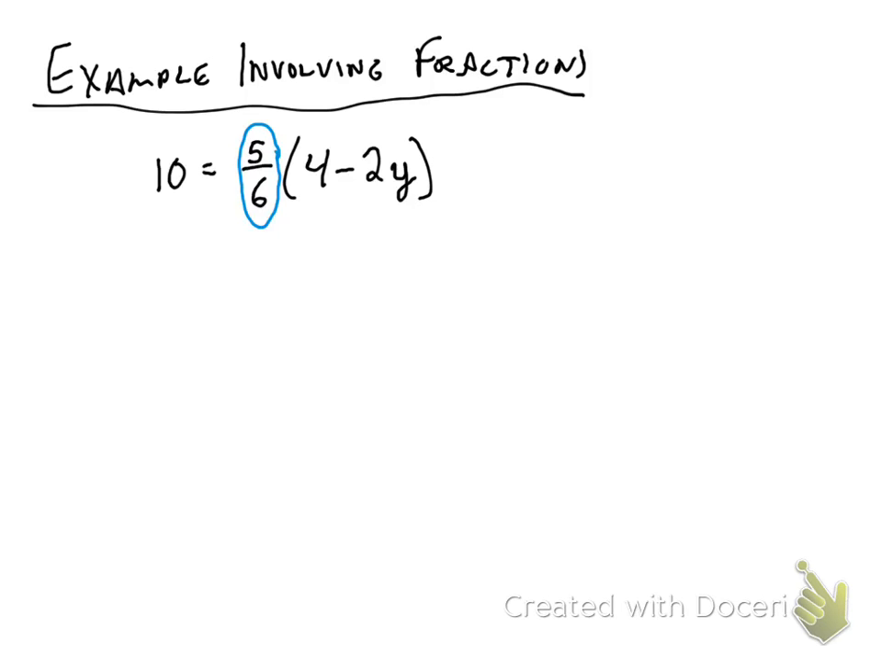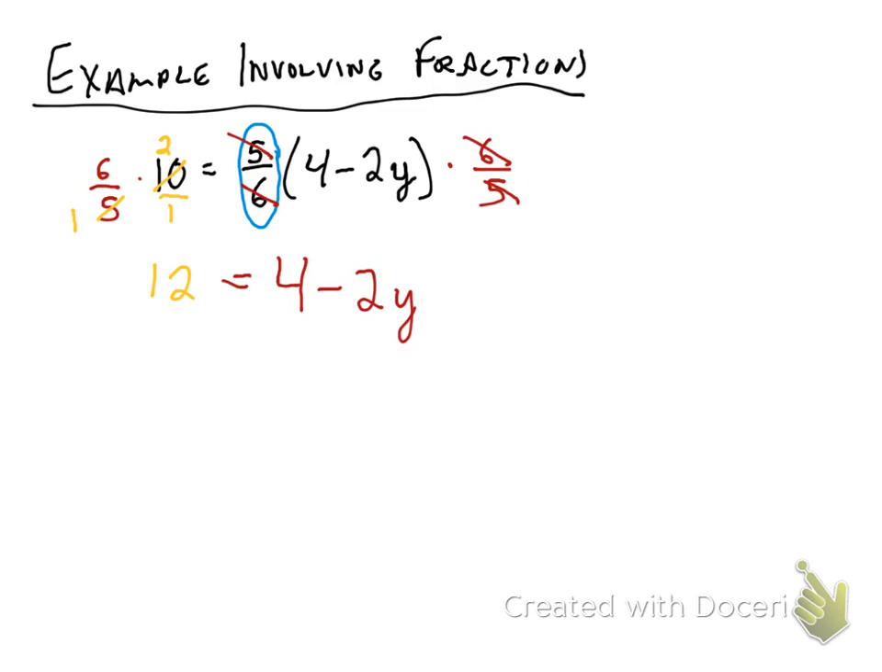In order to get rid of that number, I need to divide both sides by 5/6. But to divide fractions, we multiply both sides by the reciprocal. When I do that, you'll notice on the left-hand side the number in front goes away, leaving just 4 minus 2y. On the right-hand side, you can cross-cancel a little: the 10 over 1, the 5 goes to 1, and the 10 goes to 2,